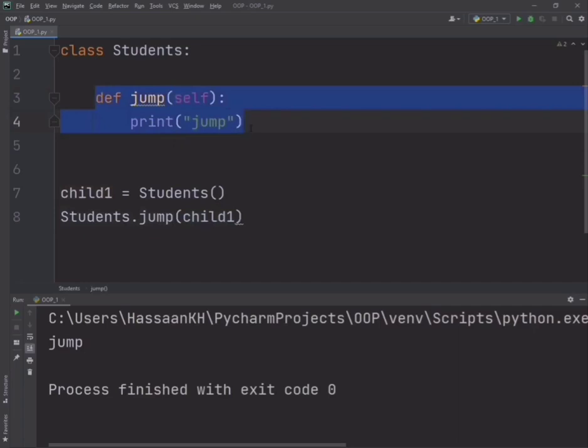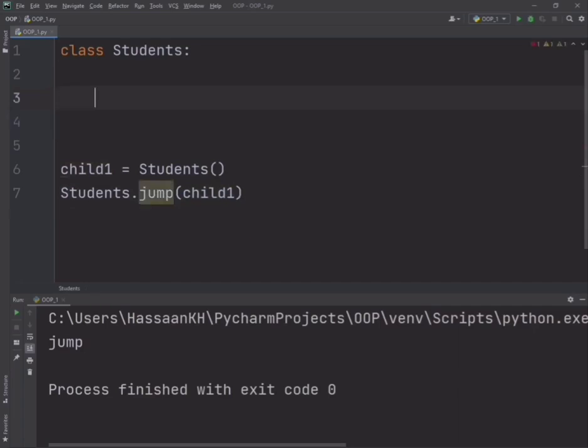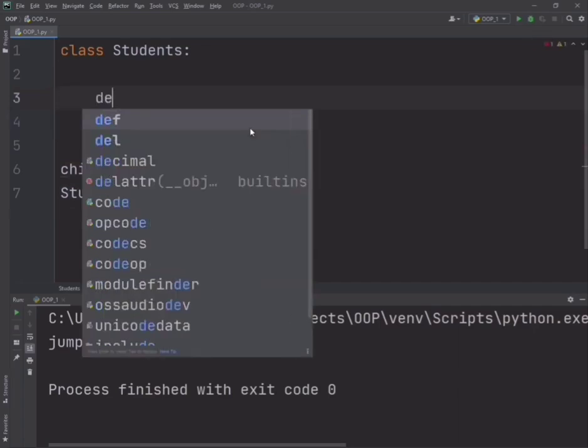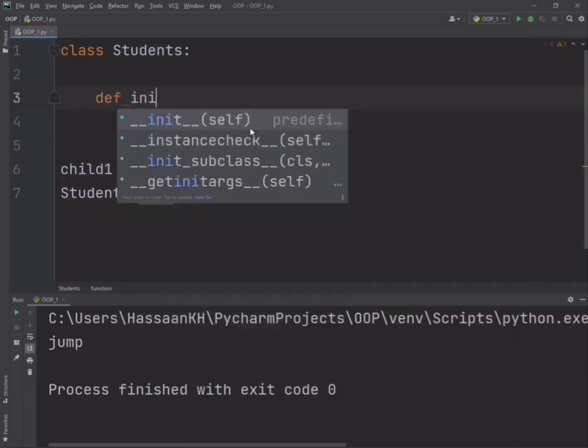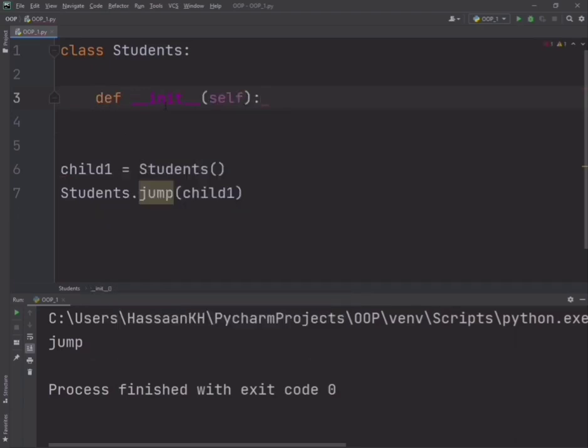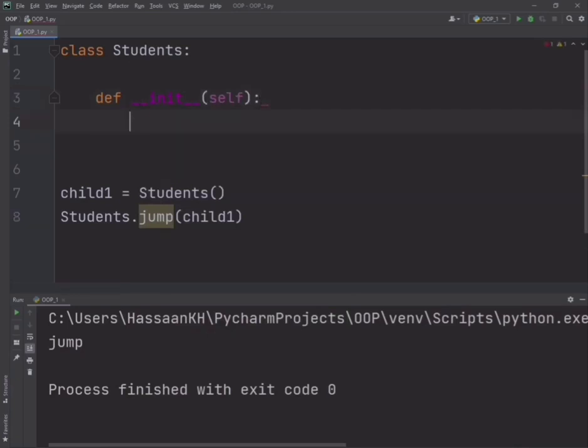Now let's remove this method and I will show you another method which is the init method. So def init, and the specialty of this method is that it runs itself. We don't have to call it outside the class. It runs itself as the object is created. So let's move this line, students.jump child1,